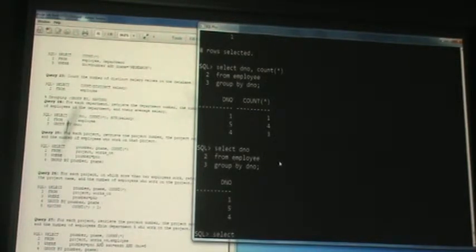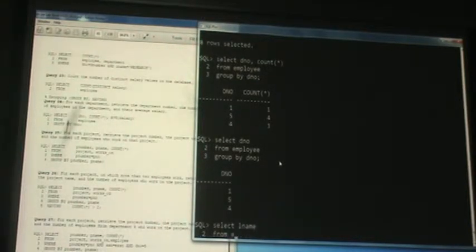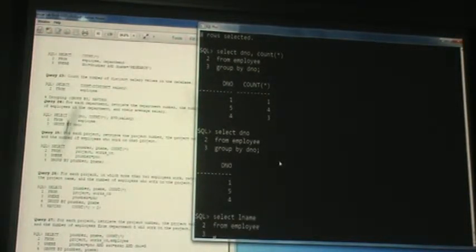I think there's another one, order by. This one? Yeah, it's very simple. I can use select last name from employee and order by last name. Okay, it shows alphabetically A to Z, but if we want descending,